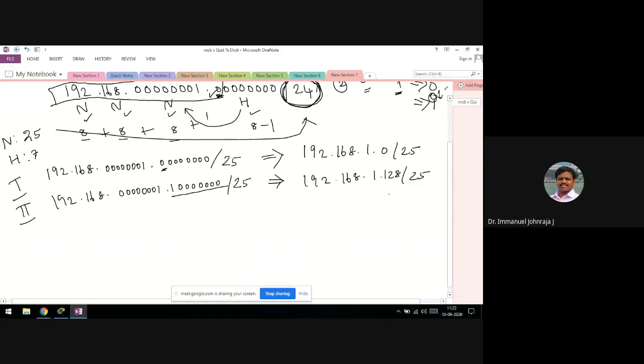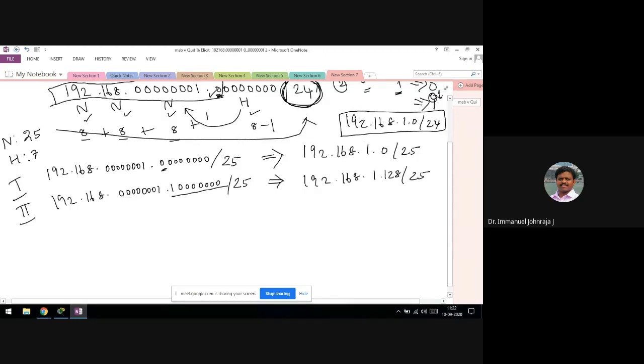I have created two network addresses. Have I created two network addresses from one network address? What is the initial network address I got? 192.168.10.0/24 was my initial network address. Now I'm saying that I have got two network addresses. What do I mean? All right, we'll try to find out what it means.